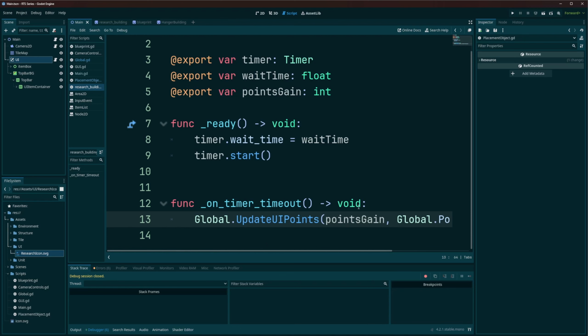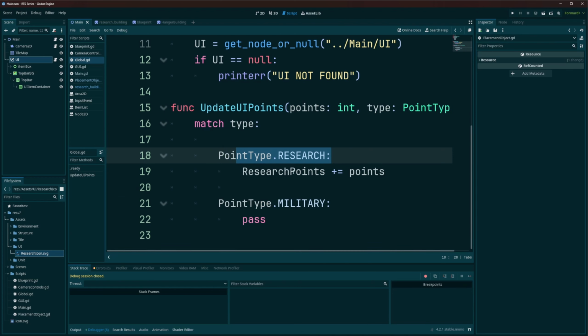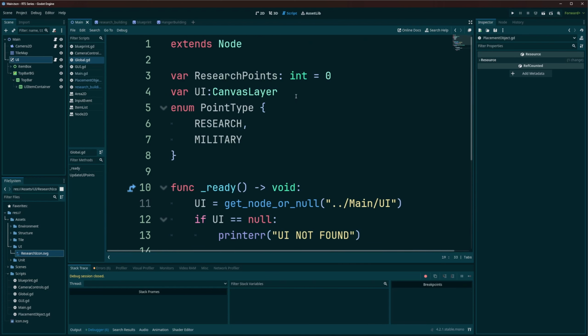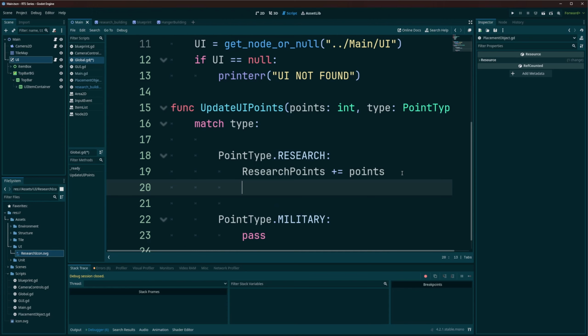And then if that is correct, that should come up to our global. We'll be calling our update UI points, passing the points, passing the type. The type should come back as point type dot research. From here, we'll add our points on to our research points variable, just like we were doing before. And instead of printing it out,